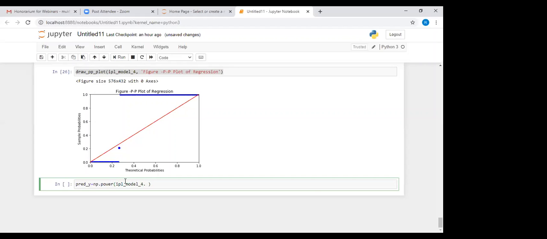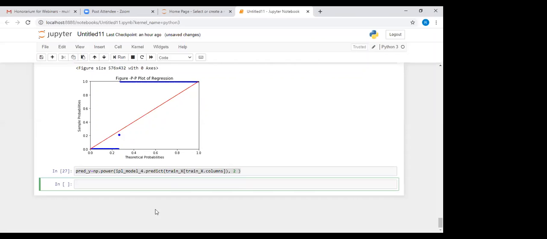Because remember, you have taken a square root. Predict on x, and power is 2. Okay.